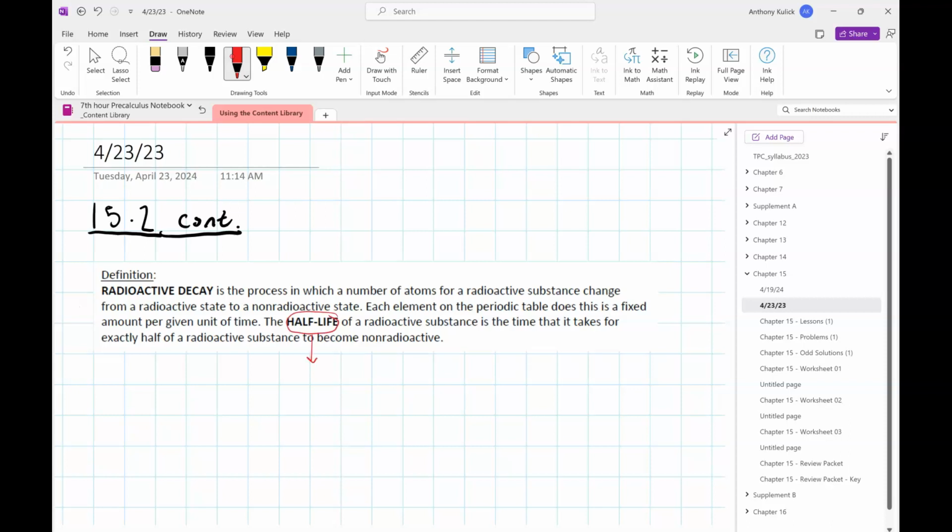Another application is half-life. If you've taken a chemistry or a geology class or something, you probably talked about